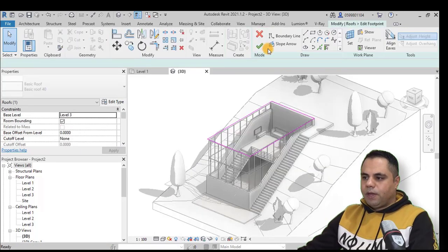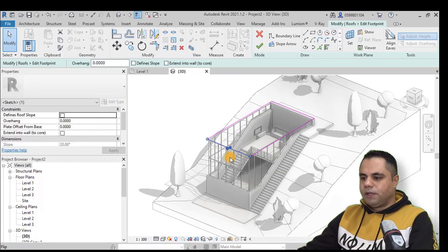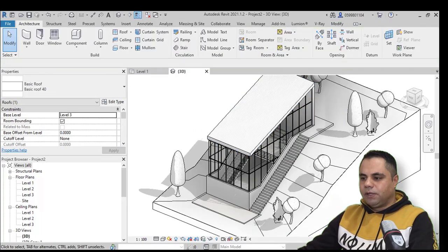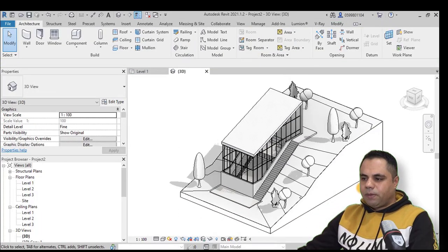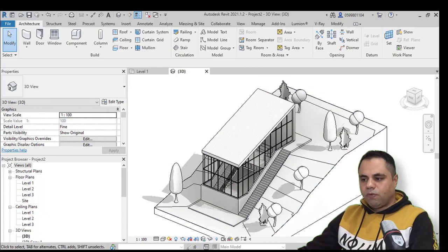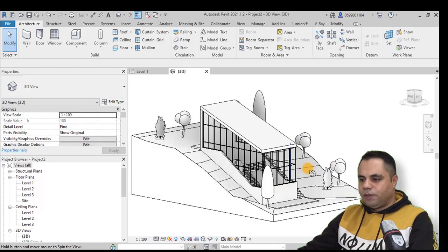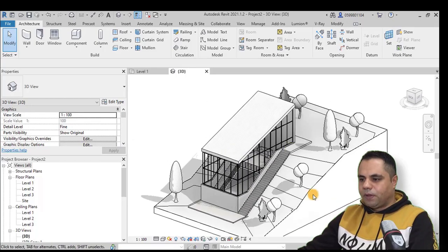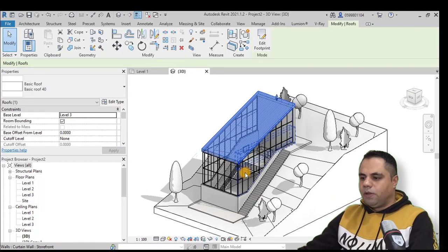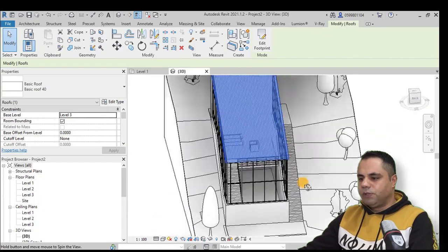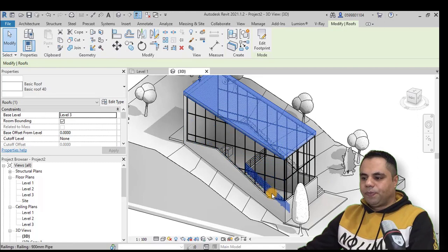But if I go back and edit the footprint, maybe we can select this line and define the slope of this line. You can see that the roof will slope to this side. So this is a parametric feature of the roof in Revit, and it will be the opposite of the first one that we created. And also now the walls will be attached to this roof,